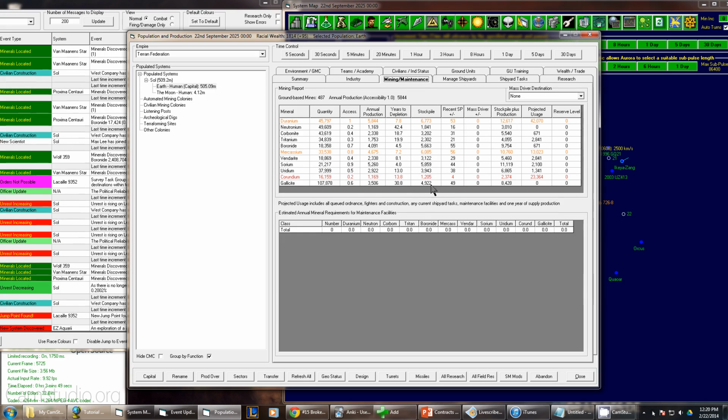Stockpile plus production, that's the stockpile here, plus how much we are producing in 1 year. So it's these columns added together, and projected usage. What is being used? You can see that there's 3 different colors on here. The normal black, those are ones that you don't have to worry about. Yellow, which means that our projected usage far exceeds our stockpile plus the projection,